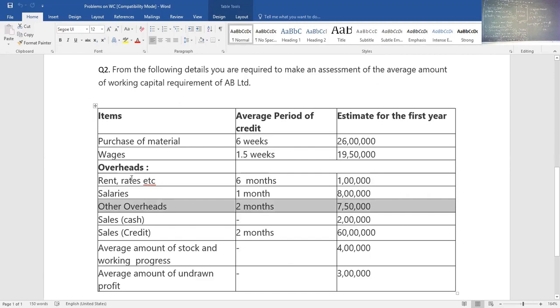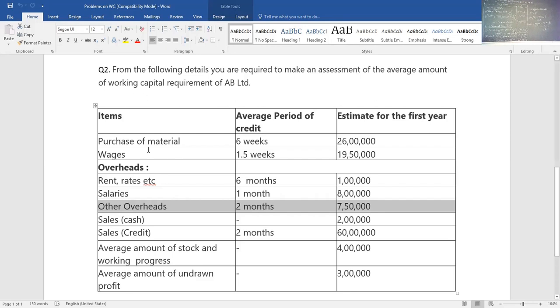Okay, so don't get confused with the current format that is given. Because in the format, if you see under work in progress, you will have a header called overheads. So that is different and this is different. Only when information related to work in progress is given, we would take these overheads as a part of our current assets. But now we would take these overheads as only liability because they have not given any information about work in progress nor finished goods.